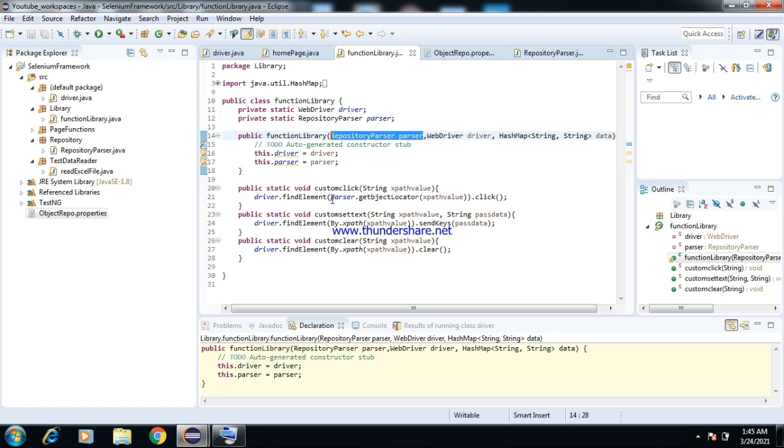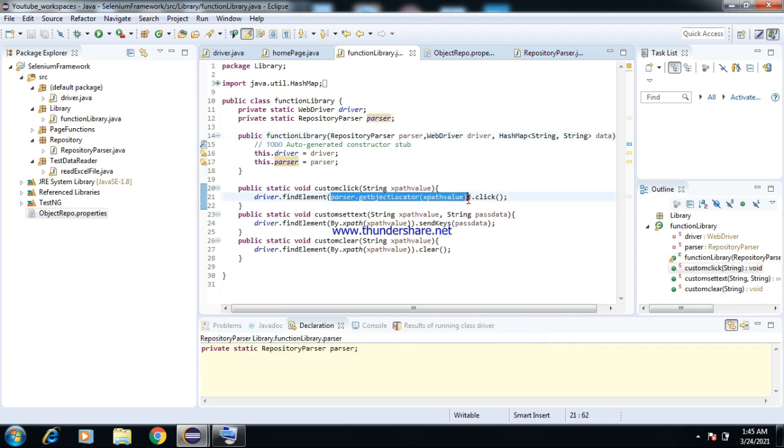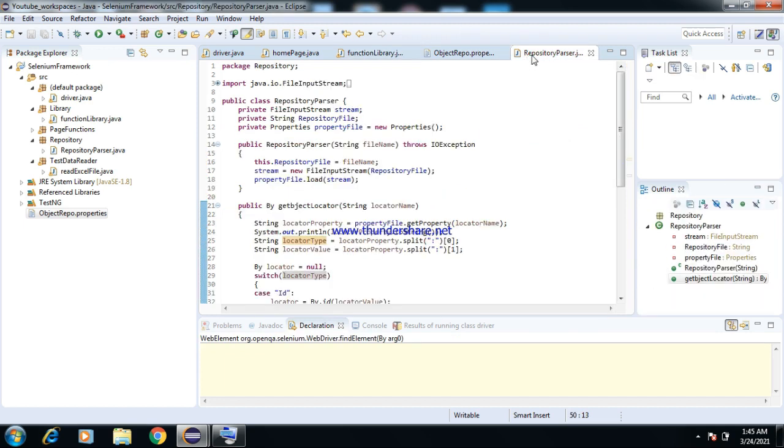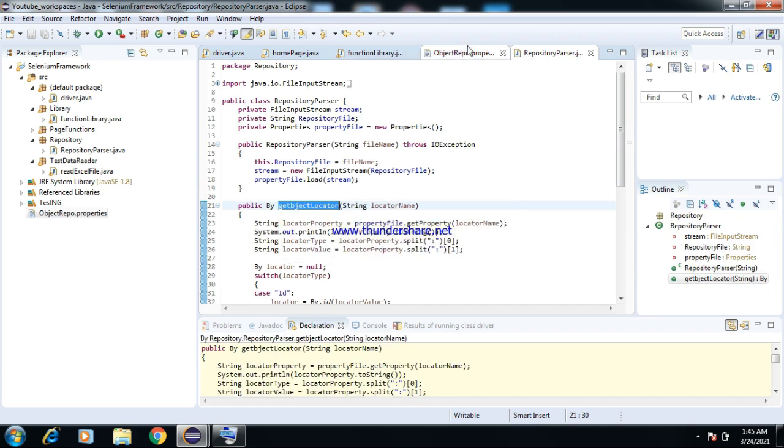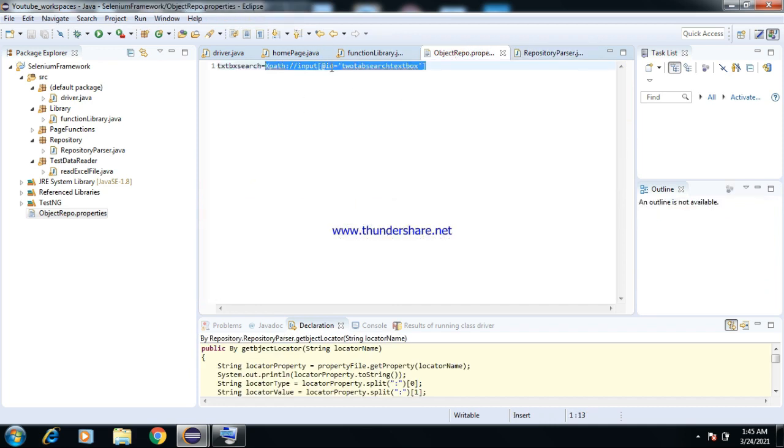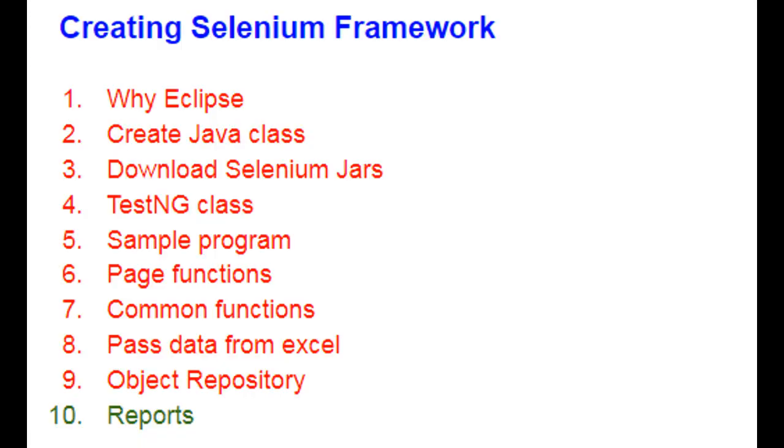So from this home page we can pass it inside this functional library. So this is going to read this property file, this particular value. So this is being passed as an element identifier. So this is what we have done.